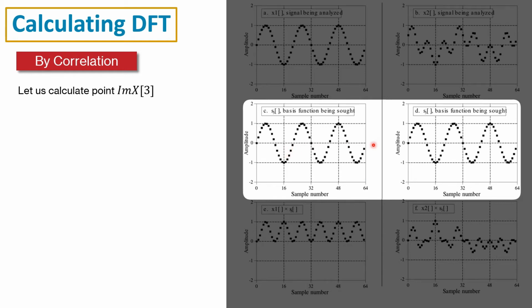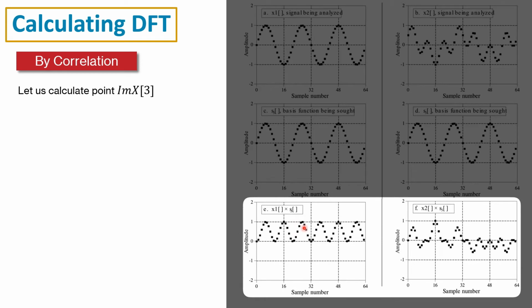Okay, now we will see whether that exists in there or not. To do so, we multiply these two signals, S3 and X1, and S3 and X2. After multiplication, as you can see in the legend, X1 times S3, you multiply each point of X1 with S3, and you will see that